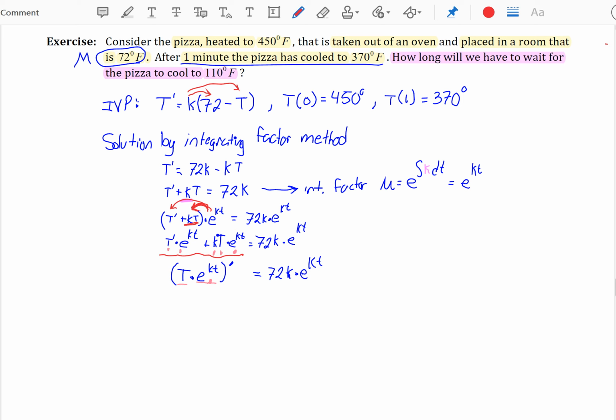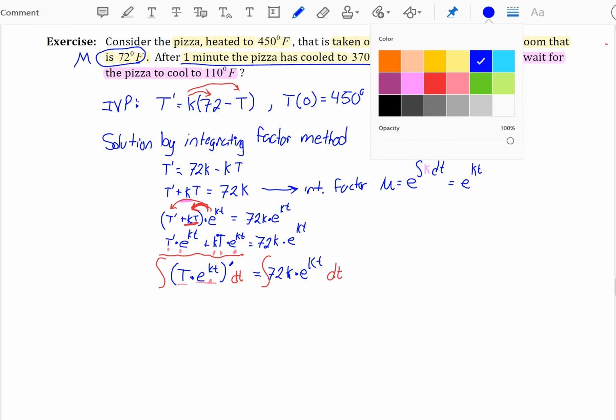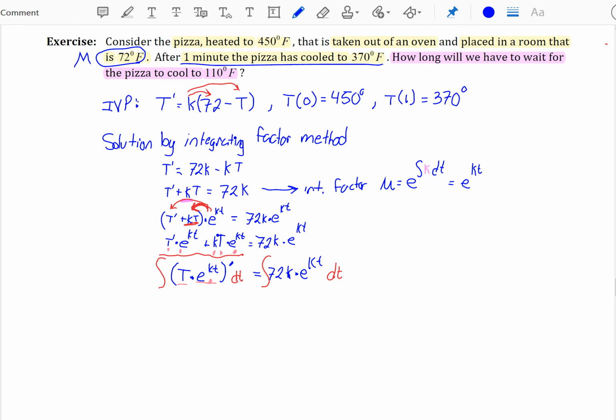Okay. At this point, we choose to integrate each side of the DE with respect to t, using the fact that the integral of the derivative will cancel since these are inverse operations. So we get T e to the kt on the left, plus some constant of integration,